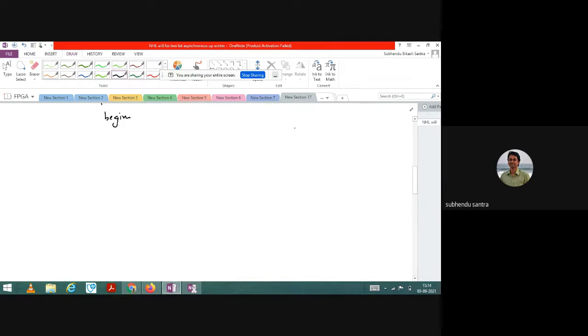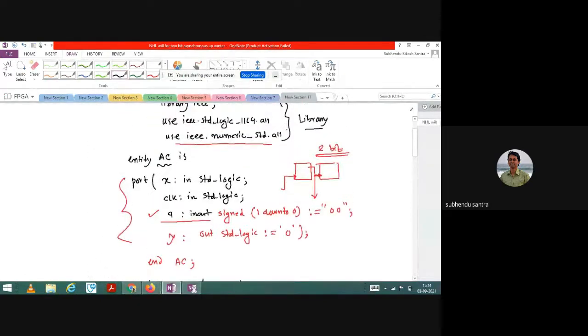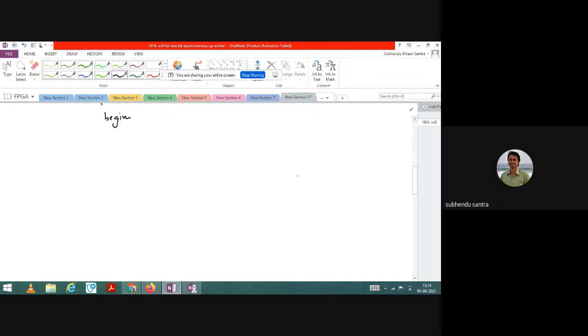So see, the clock is moving. Let me go to the diagram. See, this clock is moving, so I have to take for rising edge or falling edge. So first I will check rising edge clock. So I will write if rising edge clock, then